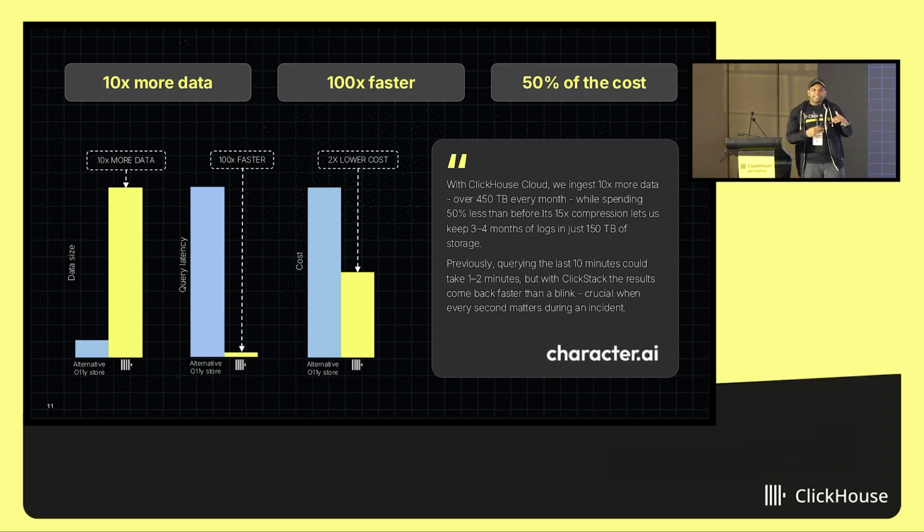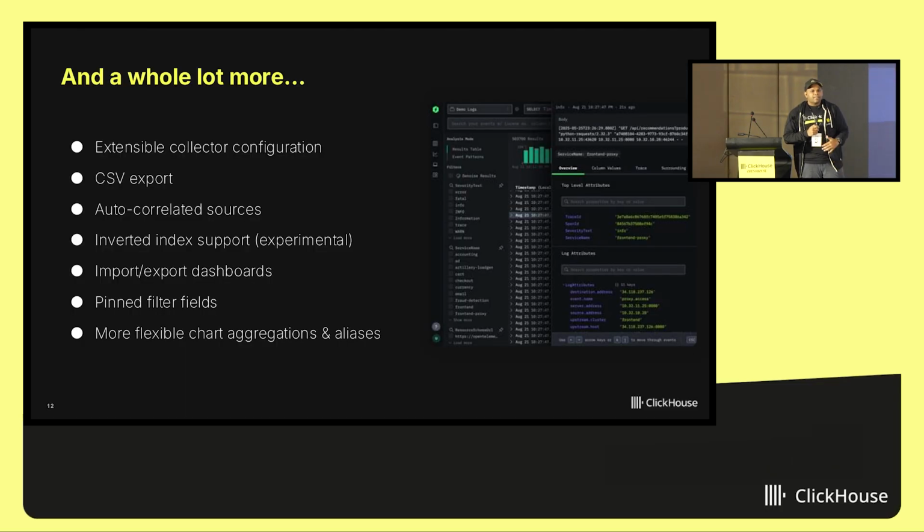So ClickStack brings in a spot where it makes it simpler for you to build the observability stack. You don't need to have a big engineering team to build every single part of your observability stack. Then the next part is it's going to be very efficient. It's not going to be very expensive. You're going to have a turnkey solution. We have not stopped there.